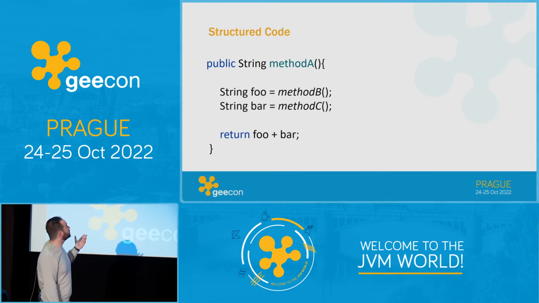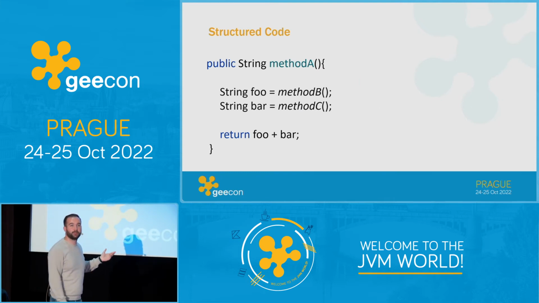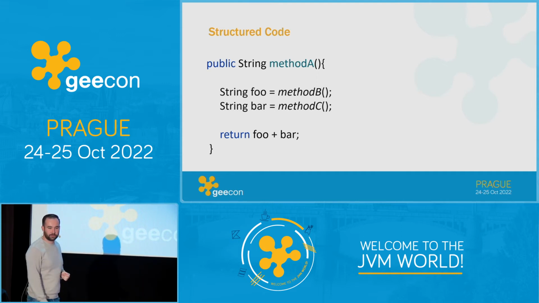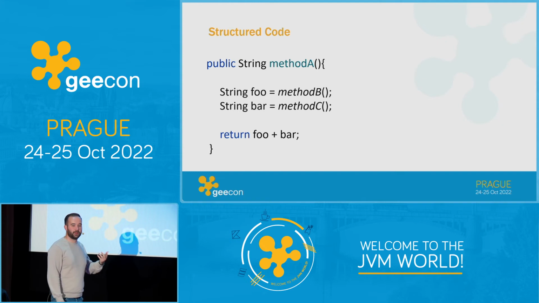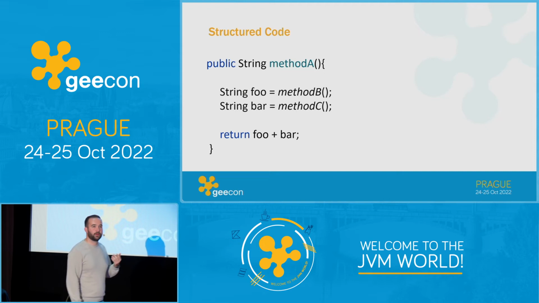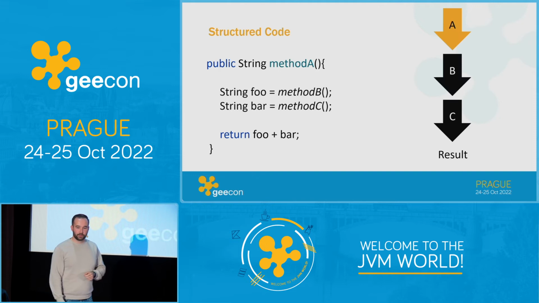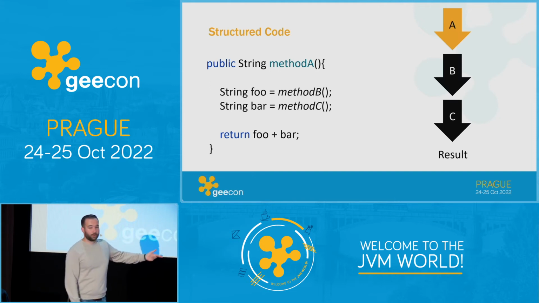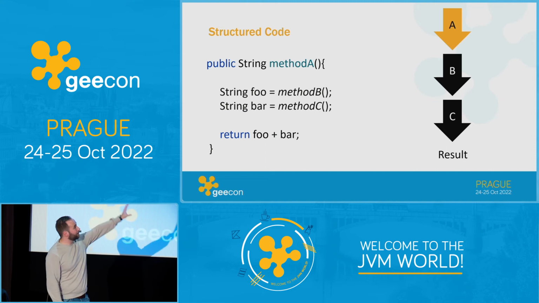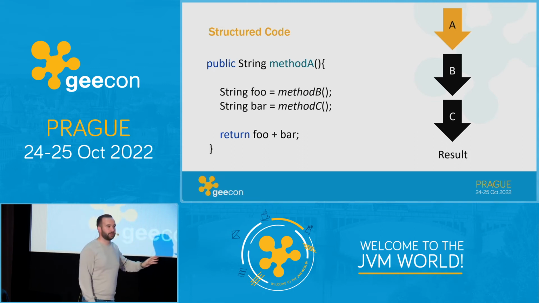So here I have this very simple Java method. It's, in my opinion, very easy to read. A thread will call this method, method A, and method A will have 2 other method calls inside of it. It will call method B, and it will call method C. Both will return some value, and before I exit method A, I will combine these results and return them to the caller. So there's this very easy way of reading the code. We'll start at A, then we will go to B, then C,